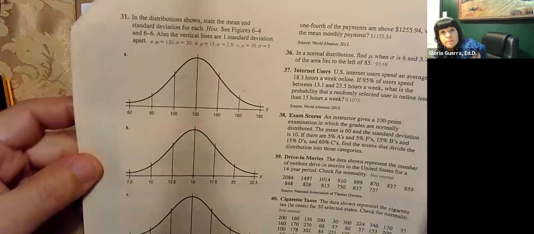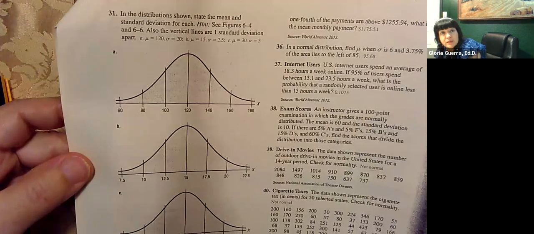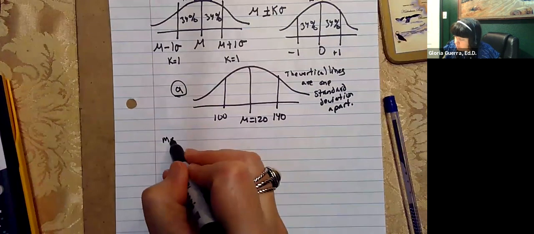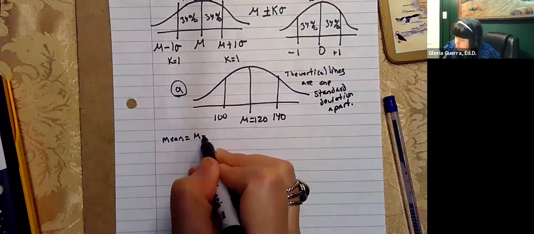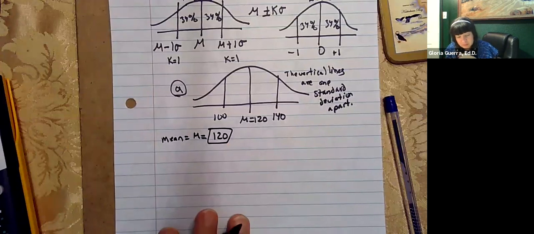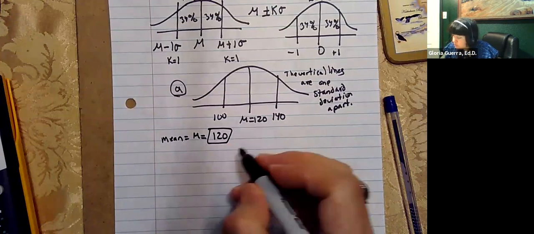They want you to state the mean and state the standard deviation. Okay, so the mean's easy. The mean is mu, which for part A is 120. That's the easy part. But then the standard deviation,